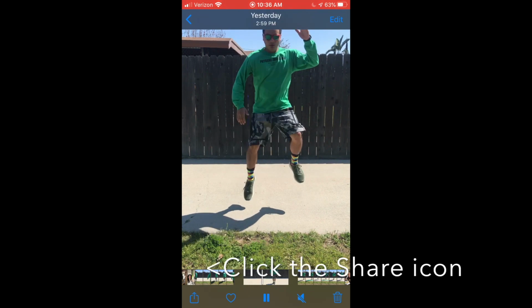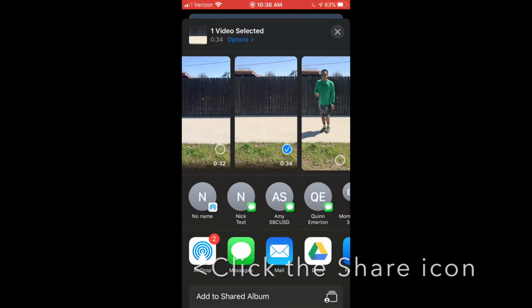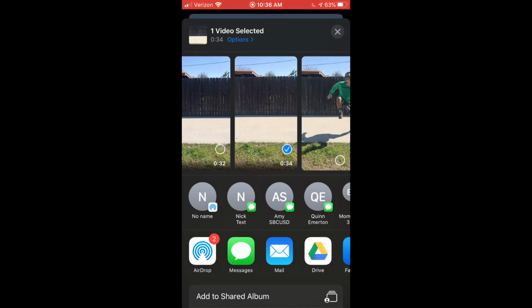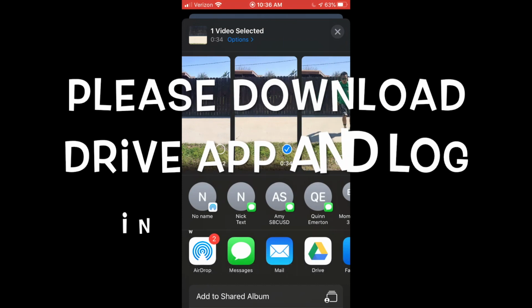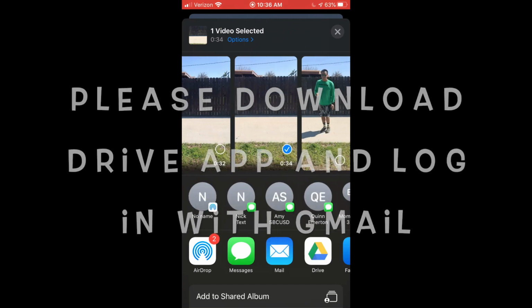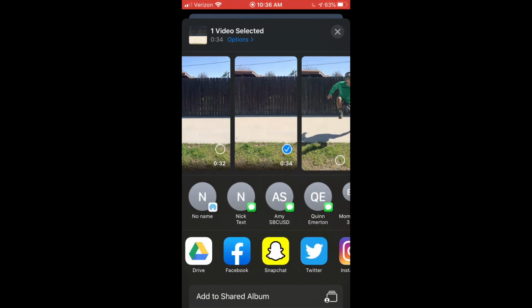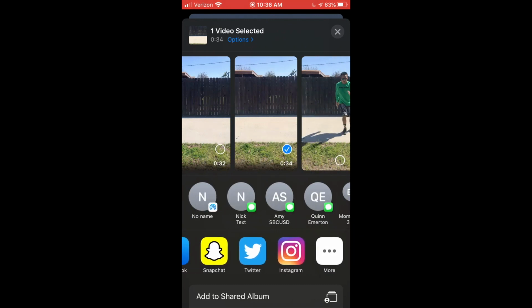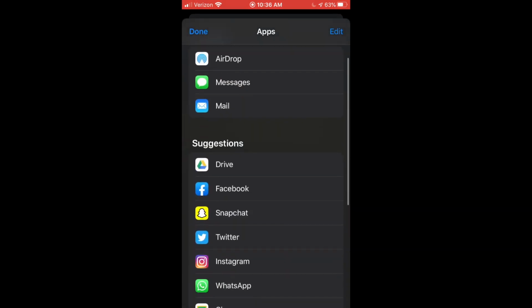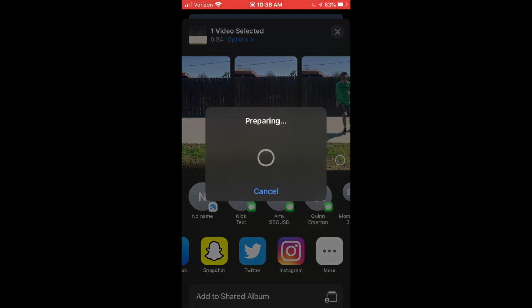So I'm going to get this video and I'm looking for the drive icon. It looks like this little triangle right here. Now, if you do not have the drive icon, scroll all the way to the right, and you can find it right here in the suggestions. That drive icon is going to prepare that video. It's going to take a couple seconds,